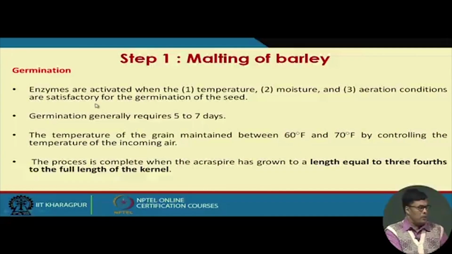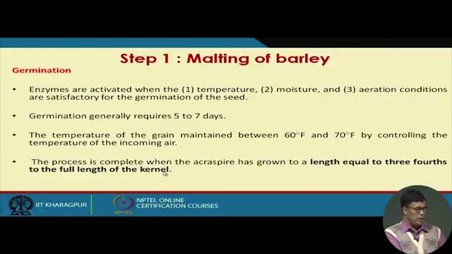The germination enzymes are activated when the temperature, moisture and aerobic conditions are satisfactory for the germination of the seed. Germination generally requires 5 to 7 days. The temperature of the grain is maintained at 60 to 70 degrees Fahrenheit by controlling the temperature of the incoming air. The process is complete when the acrospire has grown to a length equal to 3/4 of the length of